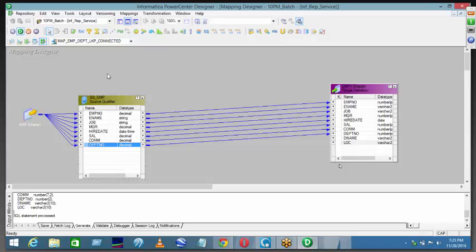So in that particular table, whatever the available information, the lookup transformation contains it. For example, if the source record is coming from the EMP table, the record's department number always checks whether it is available in the lookup transformation. If the department number exists in the department table, then the condition is true, and it returns the data. If the condition is false, if the department number is not available in